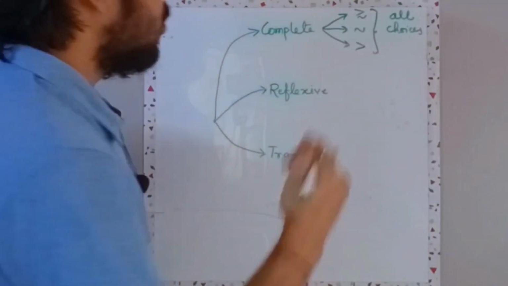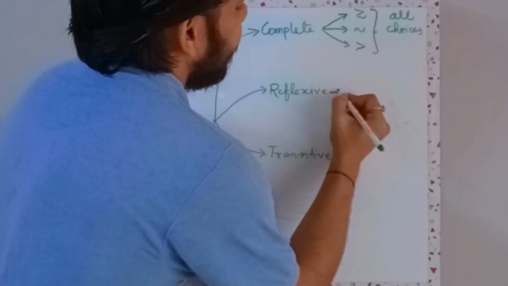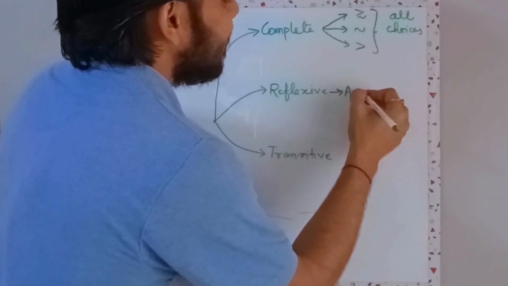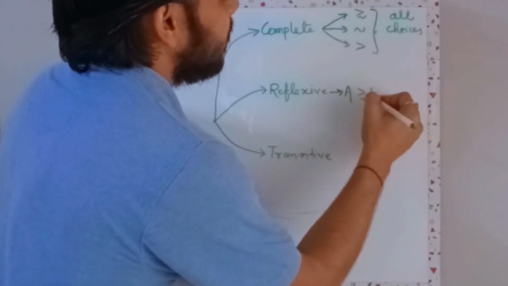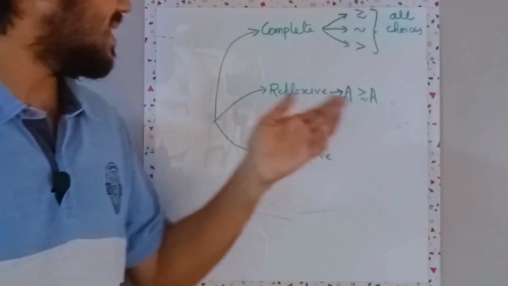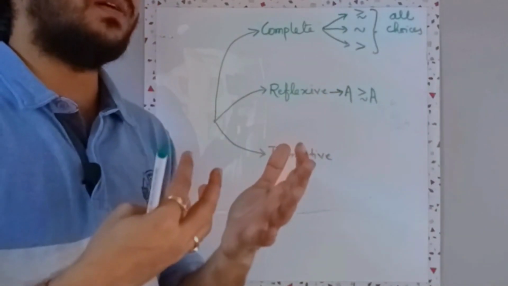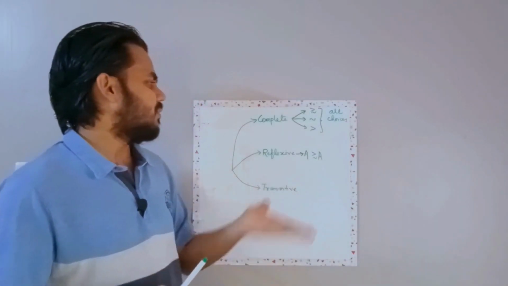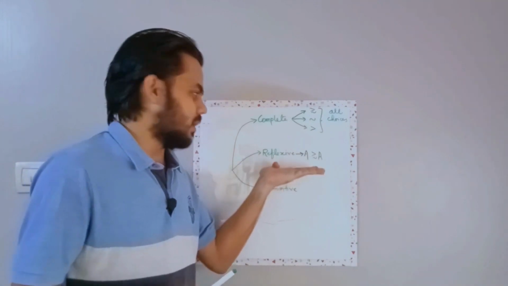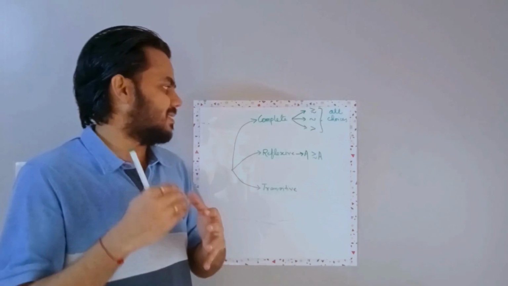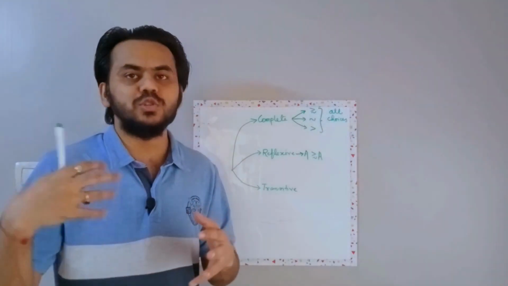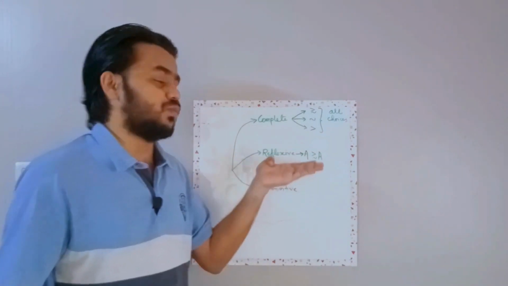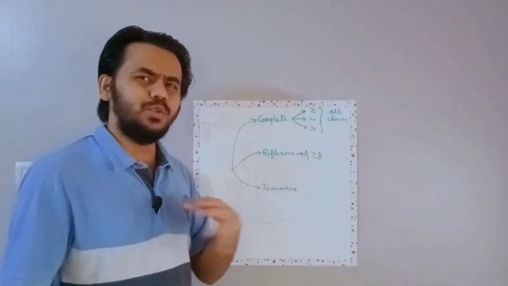Reflexive means that you can at least say that the consumption bundle which you are considering is at least as good as itself. This is more like a philosophical and mathematical exercise, but for our purpose, even if you do not really find it meaningful, it's okay. As you progress ahead in more chapters in your postgraduation, you'll understand that this has some kind of advantage or usefulness. As of now, it has no meaning.